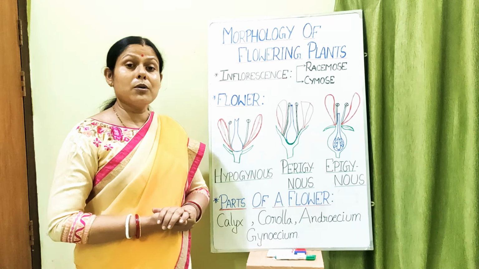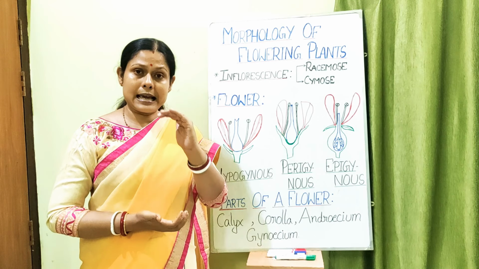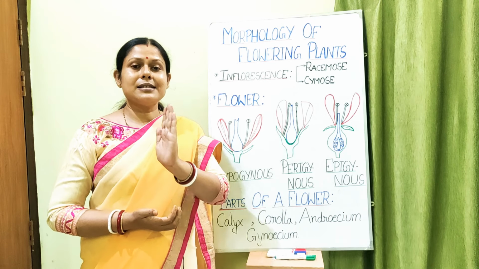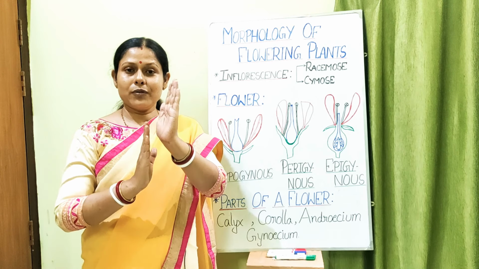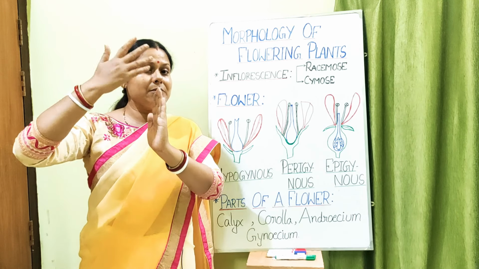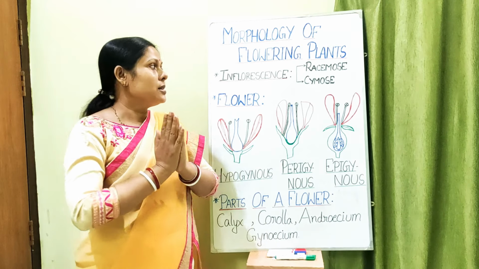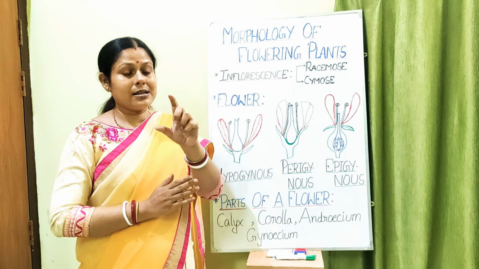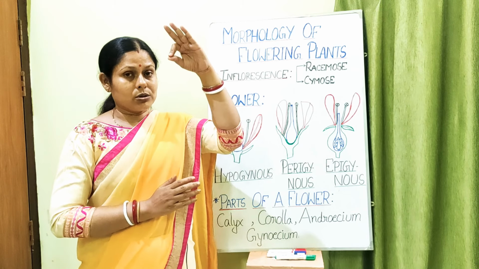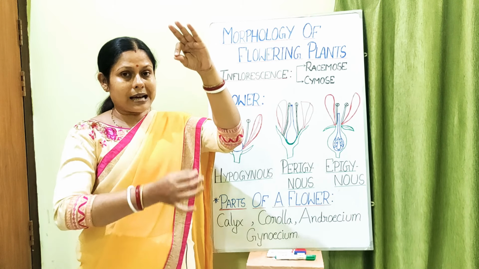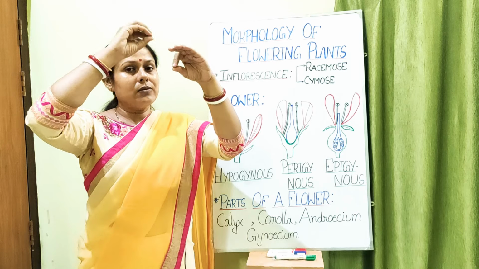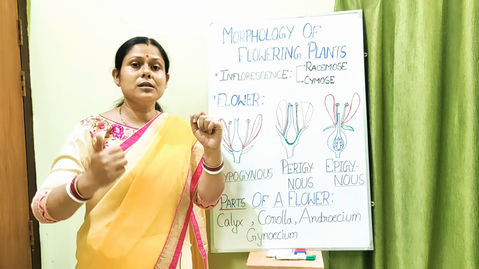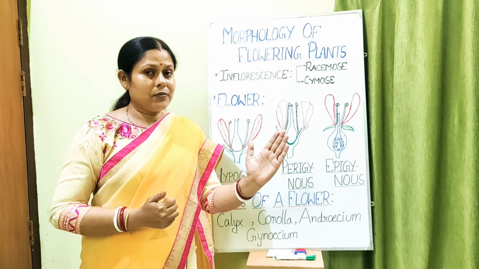Now depending upon whether the floral axis ends in a flower, or whether the floral axis keeps on growing with the mature flower towards the base and the most immature flower at the top, the inflorescence is of two types. Try to understand what I said. If the growth of the floral axis terminates with a flower so that no further flower can form, that is a kind of inflorescence.